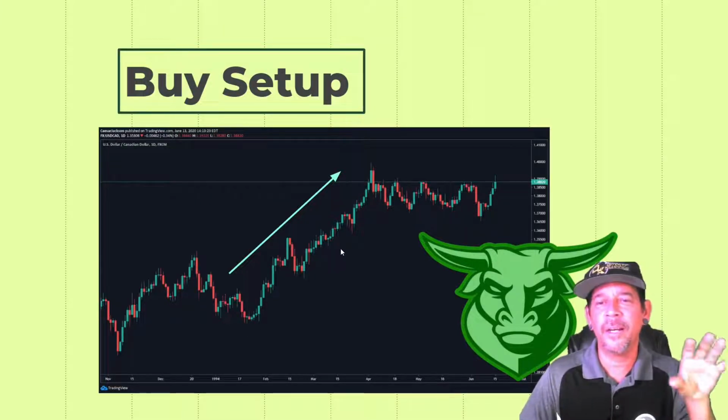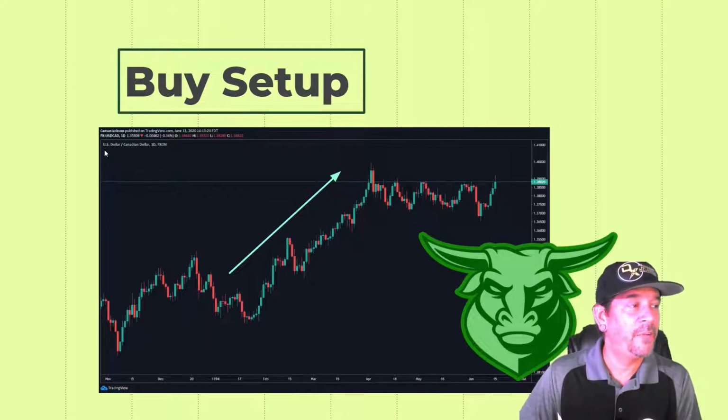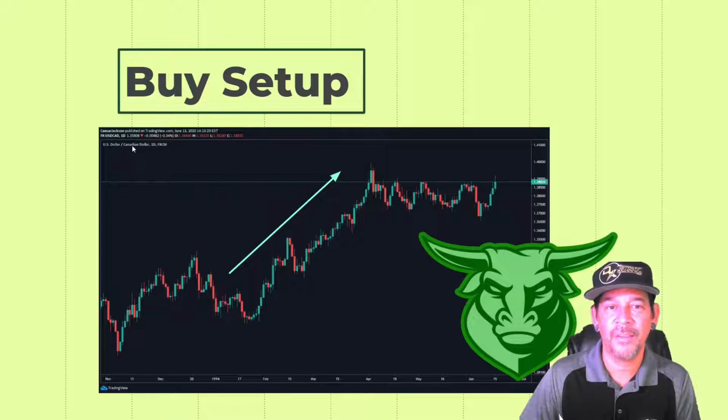Now, while we're here on this chart, let me point out really quick, if you look up here, you can see US dollar, Canadian dollar. Those are our two teams. We have the home team, US dollar, and we have the away team, Canadian dollar. Now, what is going on here? If you remember when I told you what is going on the chart, when it's going up, the home team is winning. So on this chart, it means that the US dollar is getting more valuable than the Canadian dollar.